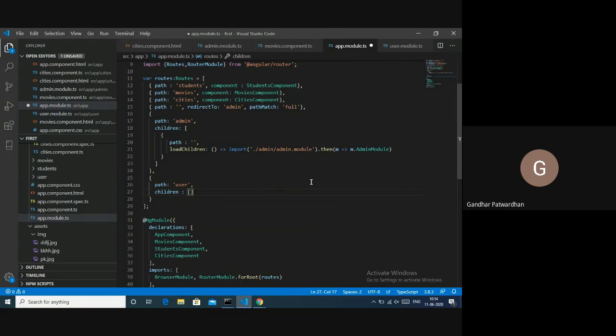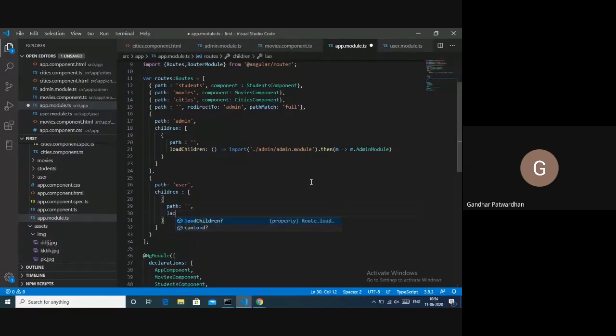Inside that array, I'll put an object. This object will have first the path, and I am giving blank here. Blank would mean the default path of your module. And I would use another key, loadChildren, and this is a function.